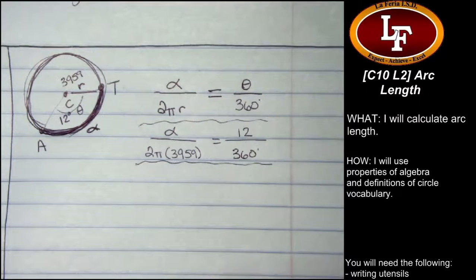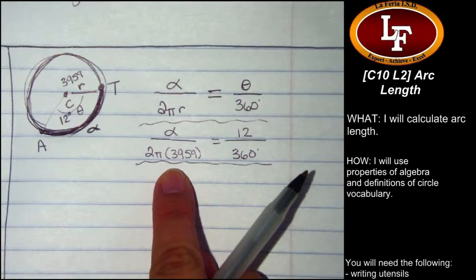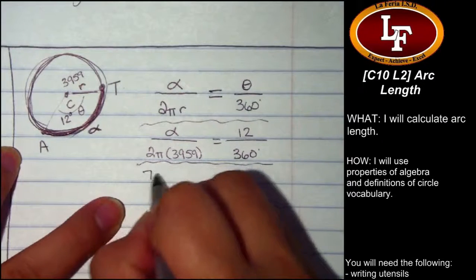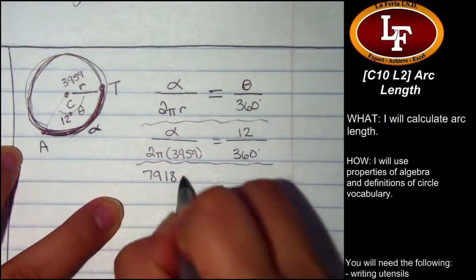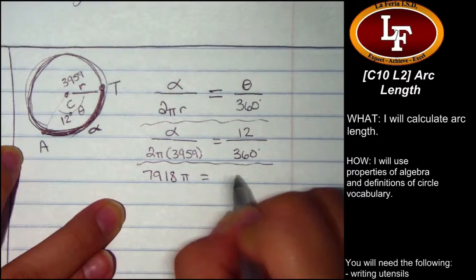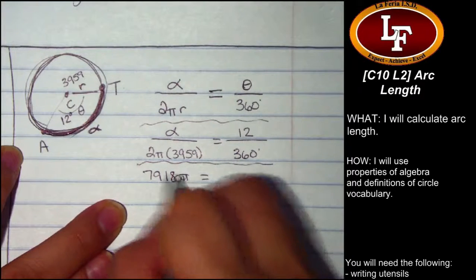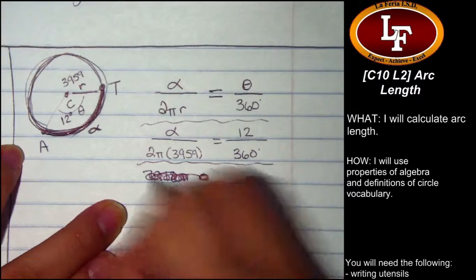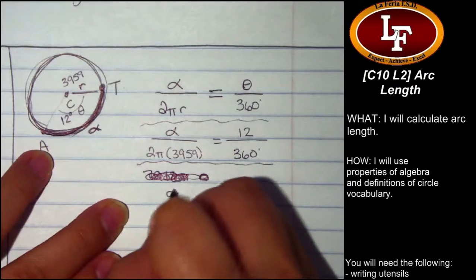I'm going to turn everything into numbers and then do my cross multiplication. So 2 times 3,959 is 7,918 according to my 4-function calculator. And I wrote that in the wrong spot. Sorry. Alpha over